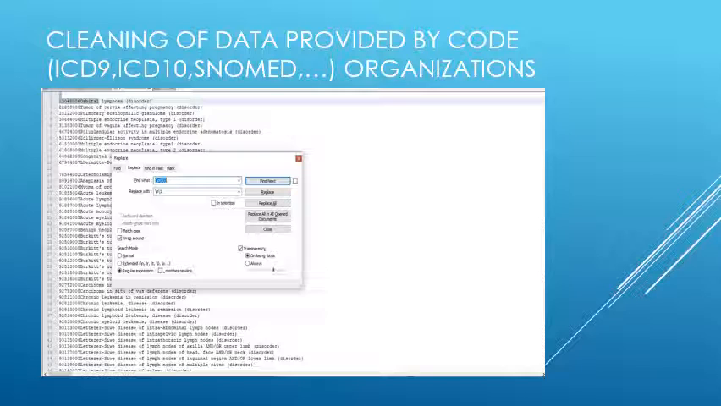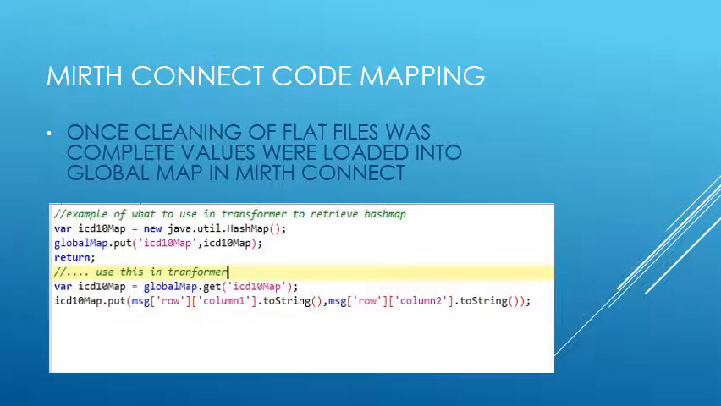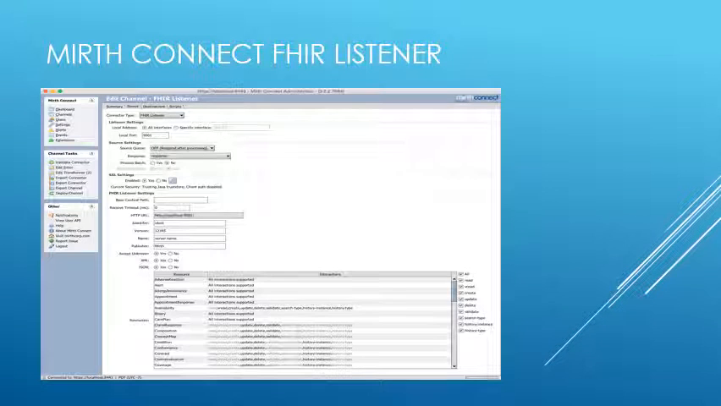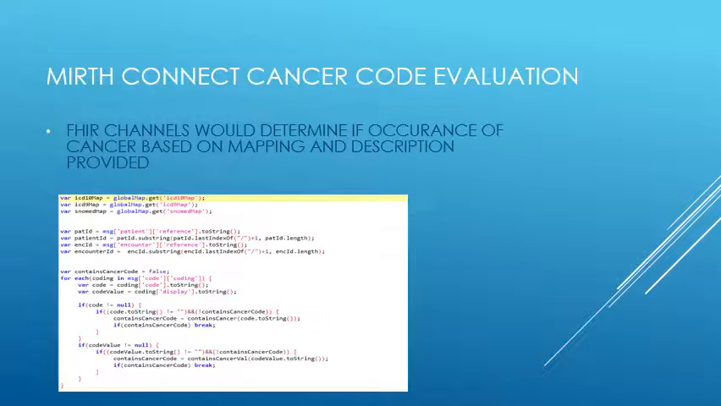And as you can see in this picture, I further had to go through that text and modify it to make it a flat file that Mirth was able to ingest. And so then I wrote the code that went through and loaded all the codes into a map. So it would take the actual code and the description of the code and load it into a map. Then I set up a FHIR listener to ingest the messages,